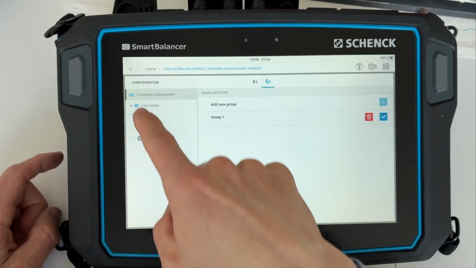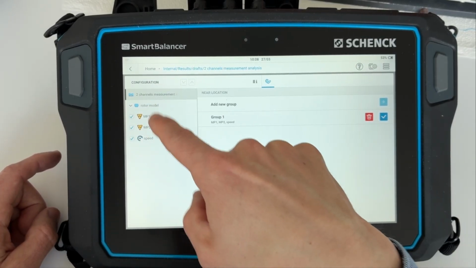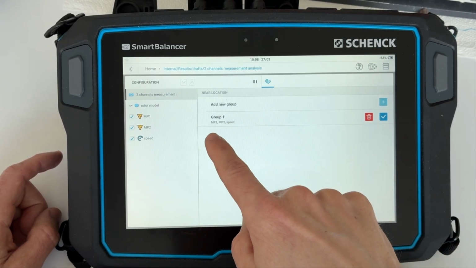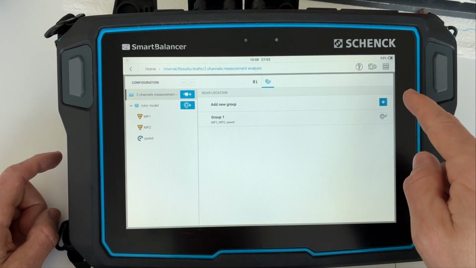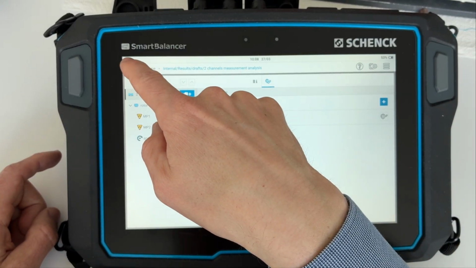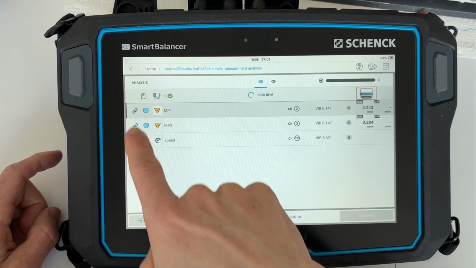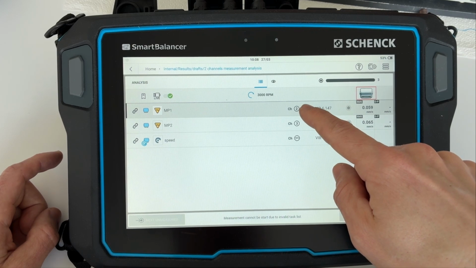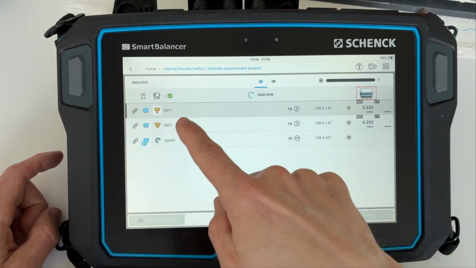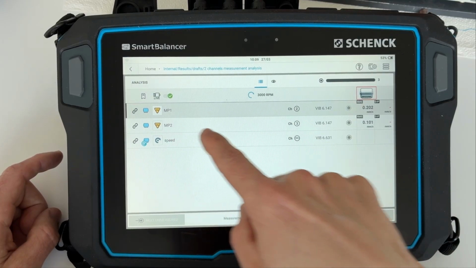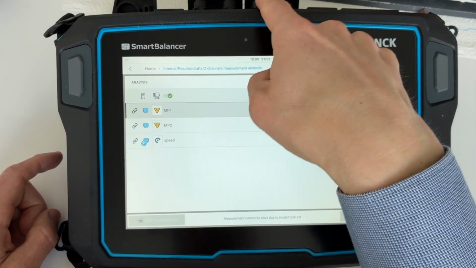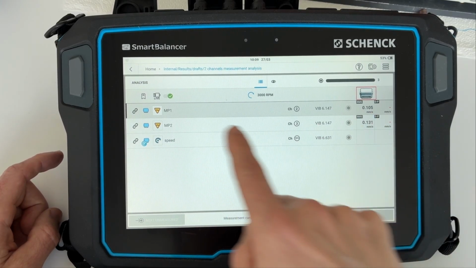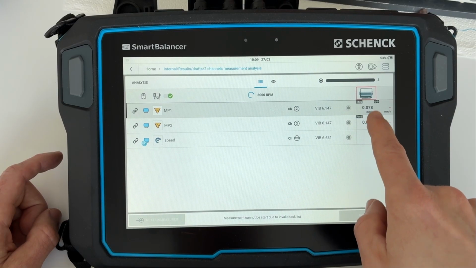So you see here, you can click now here on your measuring point. And now if we confirm this group 1 being MP1, MP2 and the speed, you will see that all those points are connected. And now you can see also in the channels that channel 2 is your MP1, channel 3 is your MP2, and your trigger point 1, which you have connected, is your speed. You can see here already he is measuring live